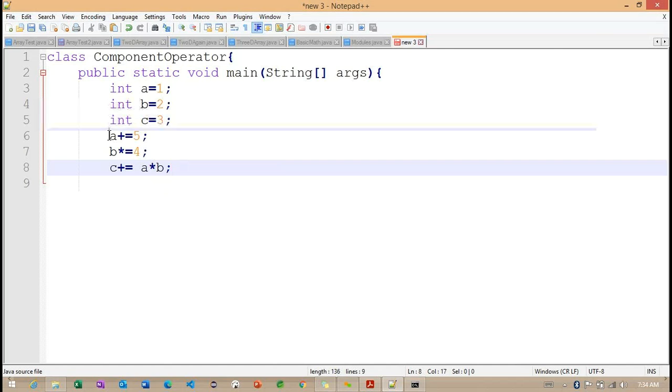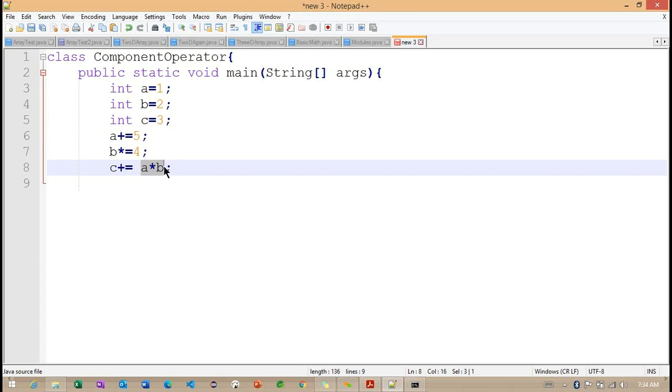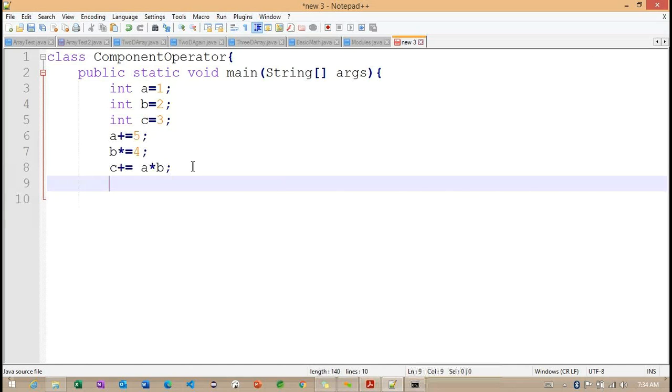In this particular expression we directly provide the constant value, and here I'm not providing any constant value, I'm working with a dynamic value. So whatever value we get after completion of this multiplication. Okay, fine.